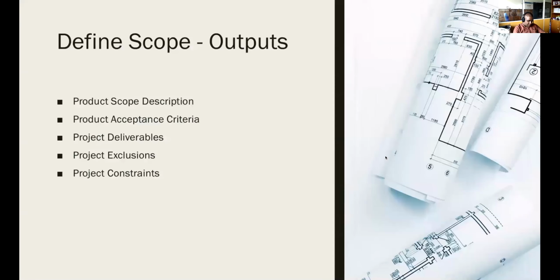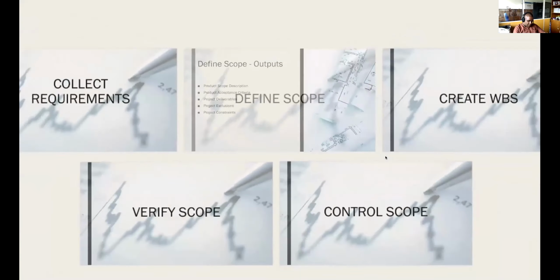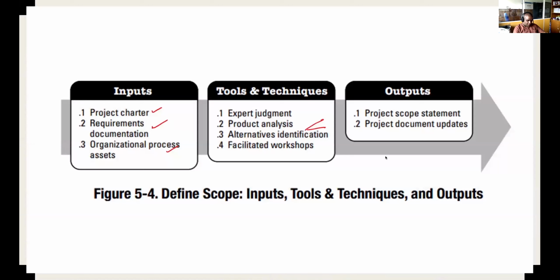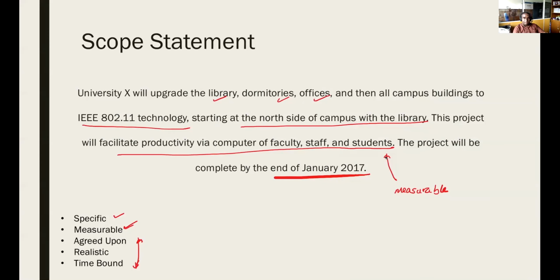Scope statement is something that we have to prepare, right? For your projects, I expect you to prepare the project scope statement. It's a sentence like this, where there may be the number of stories. It has to be specific. It should be able to be measured, and it should be time bound. Once the contractor finishes this, they should be able to say that, okay, the objectives of the project have been achieved. So I'll divide you into groups now. You need to write something like this.